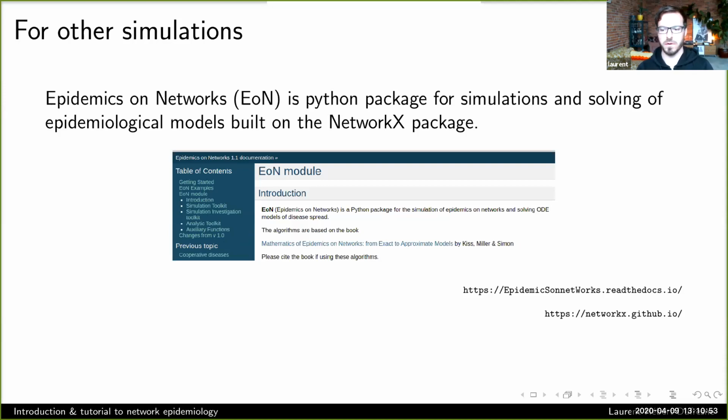But it's built over the NetworkX package for Python, so all the network stuff that you might know from NetworkX can be applied in here. And then it's easy to implement your own model or run different things. It's available for free online. And if you want to do your own simulations without having to learn really complex simulation, I think this is easily the best option out there.